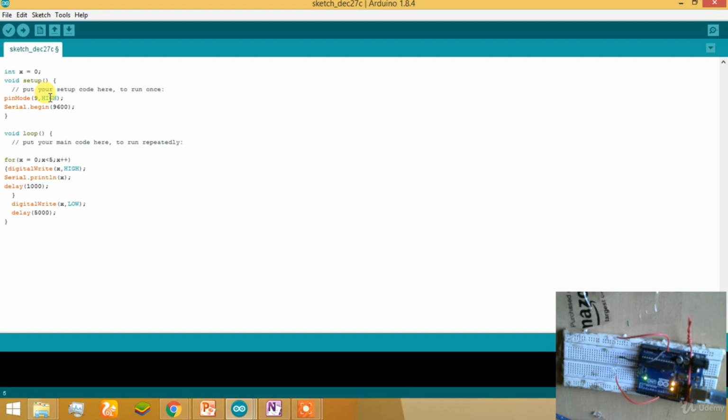Okay, we have declared int x is equal to 0. In void setup, we have called pinMode led9 is equal to OUTPUT, everything should be in capital. We have called Serial.begin 9600. In void loop we have made x is equal to 0, x less than 5, x should be incremented by every step, and in every step of incrementing,